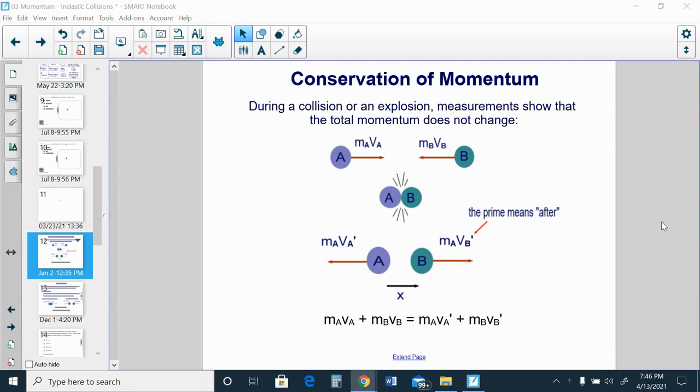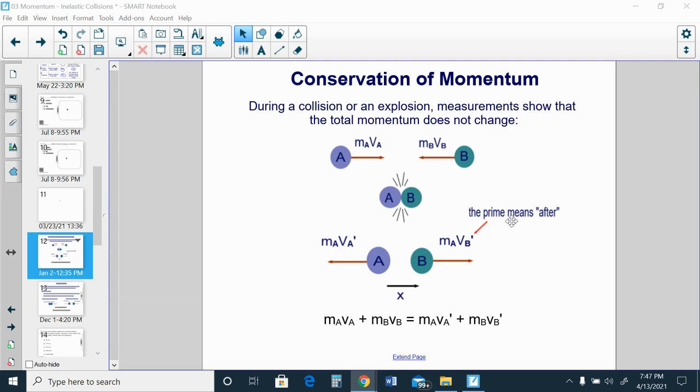Now let's take a closer look at conservation of momentum during a collision or an explosion. So we know that measurements can show that the total momentum does not change. Now, how do we do that exactly? In this case, let's take a look at this collision here. It looks like the two objects are bouncing off of each other. So that would be an elastic collision. So they bounce here, and then they have their individual momenta here. So they have their before, mv for each, and their after, the mv after. And remember, that little apostrophe or prime symbol just means after,